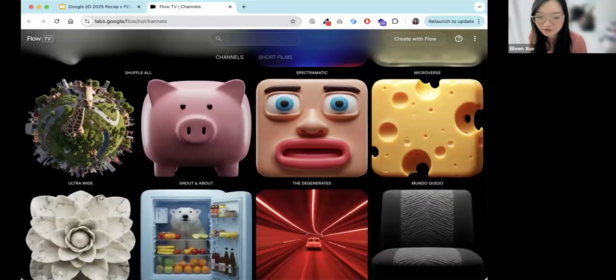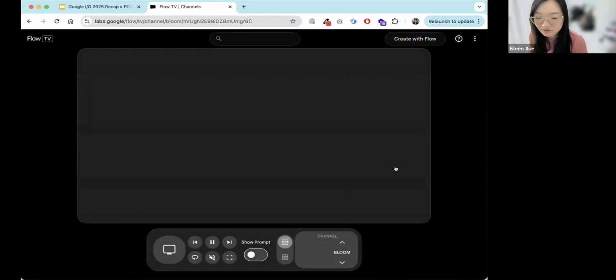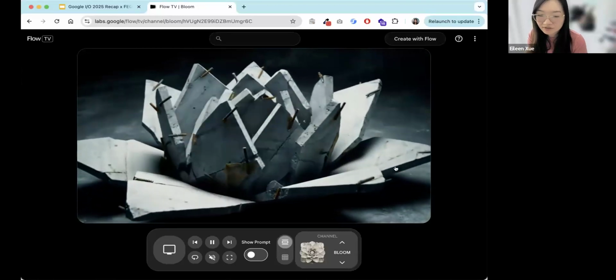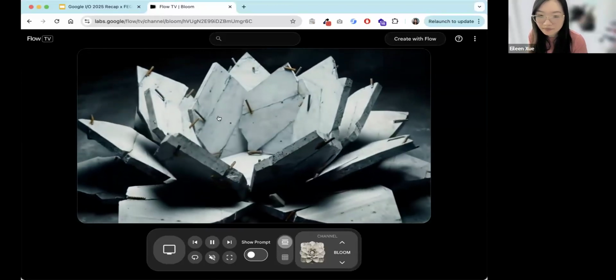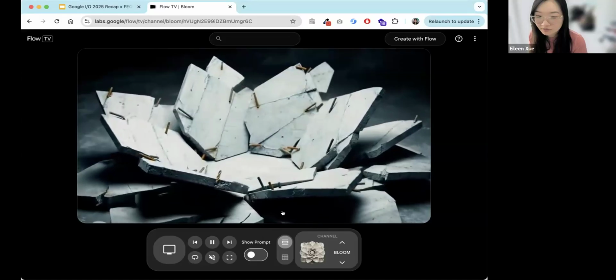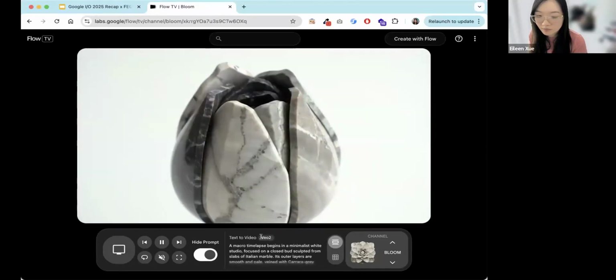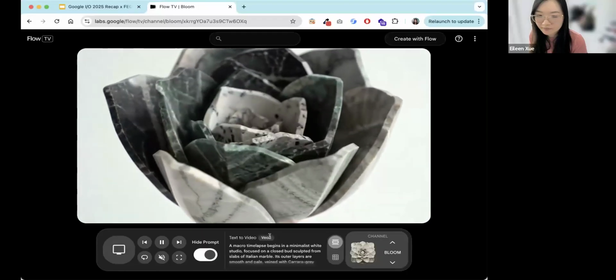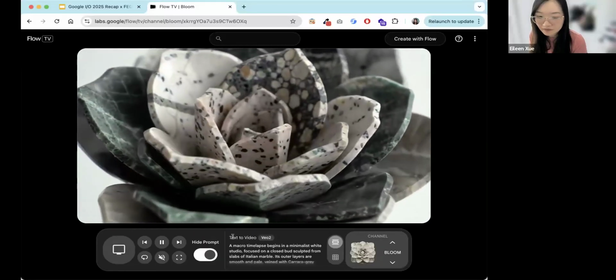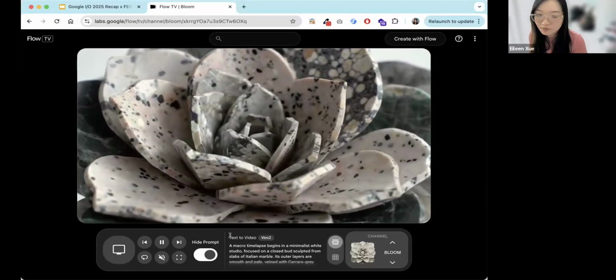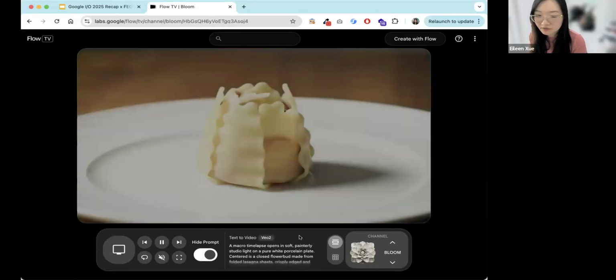So I'm going to show you a little bit of one of the channels. This is like a Bloom channel. You can see different videos generated from different prompts. This is very useful because you can see what model was used. Veo 2 is the model without audio, the earlier version, but it's mostly text to video or image to video.